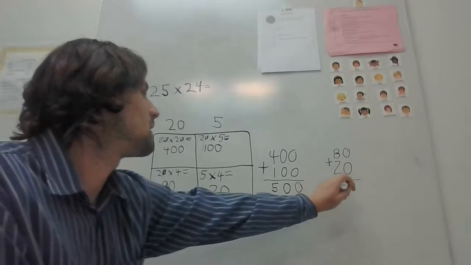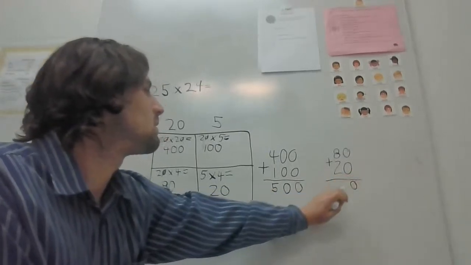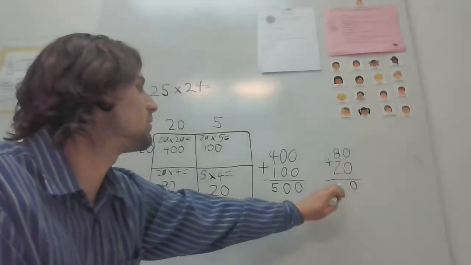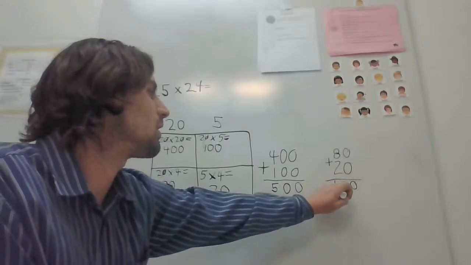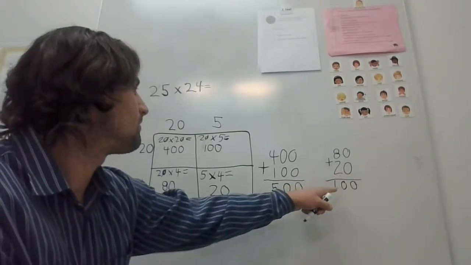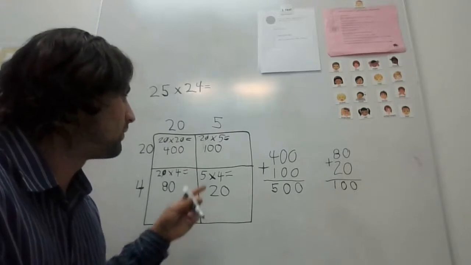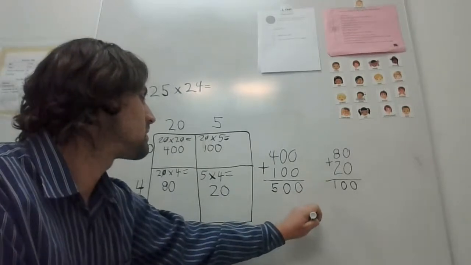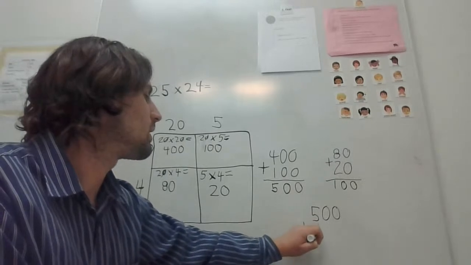80 plus 20 now. 0 plus 0 equals 0. 8 plus 2. Why did I say times? 8 plus 2 equals 10. Our answer is 100. So we have 500 is the sum of the first two boxes. 100 is the sum of the second two boxes. So now we have to add both sums together. 500